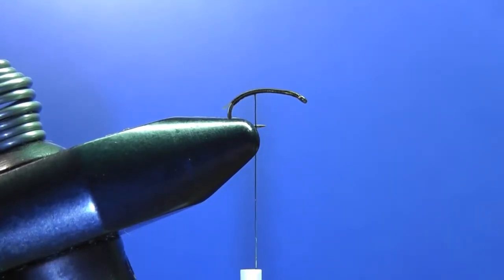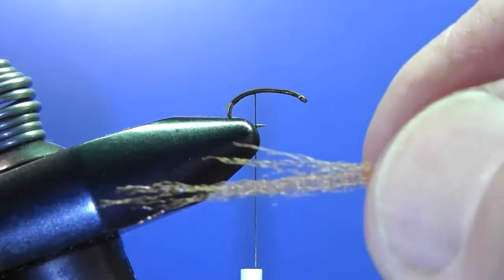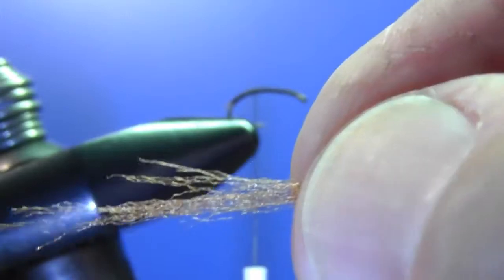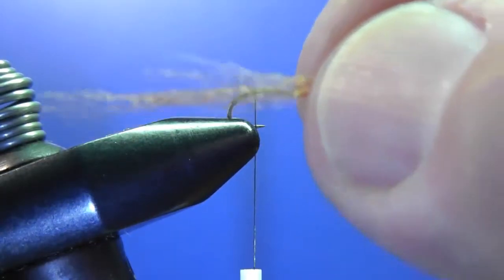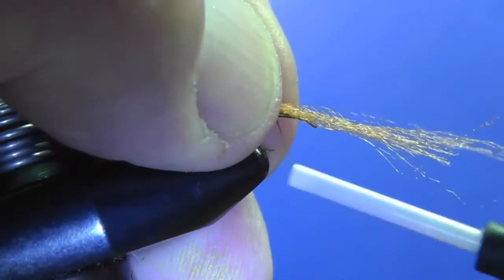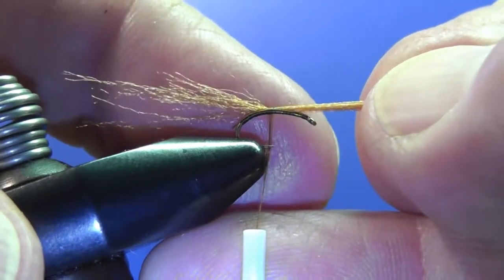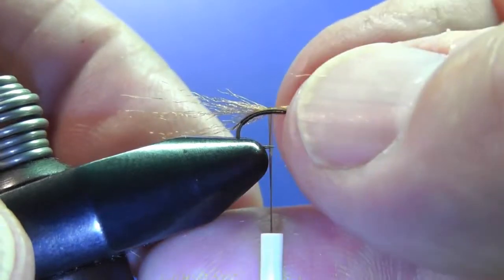The tail and shuck material will be Antron yarn with the ends pulled out a little bit uneven, which will better mimic the trailing shuck of the emerging mayfly. So we'll tie it in long with a couple of loose wraps and then pull it to length, just about a hook shank length long,